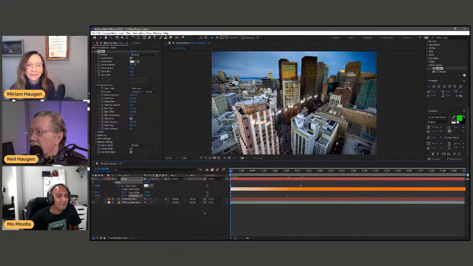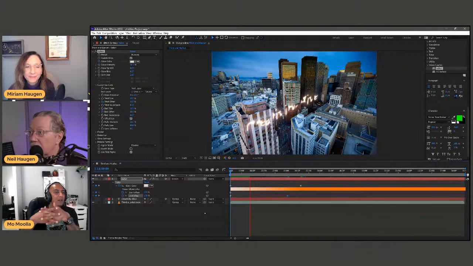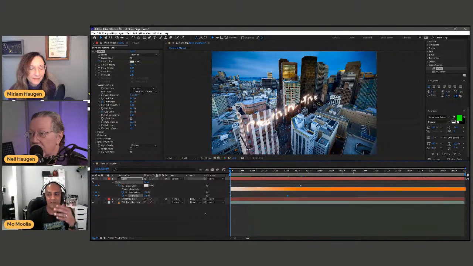Threadripper. See, this is where on the timeline, the number of cores and the RAM and the processor makes such a huge difference. Right. Now, Marie, do you understand when we're working with After Effects, what happens is,